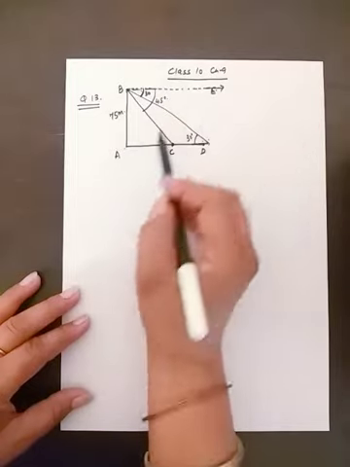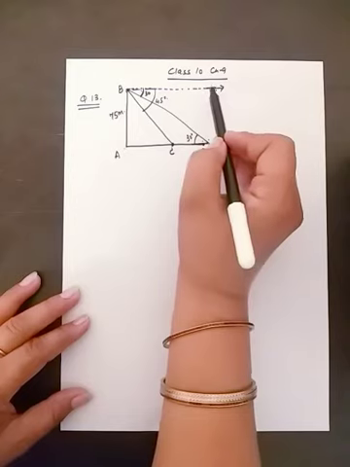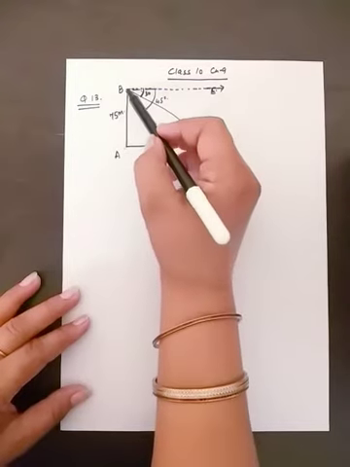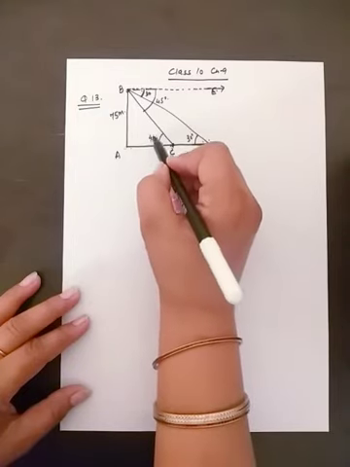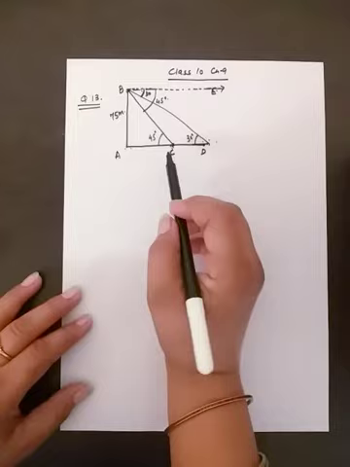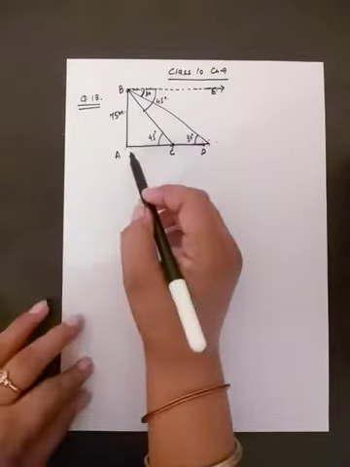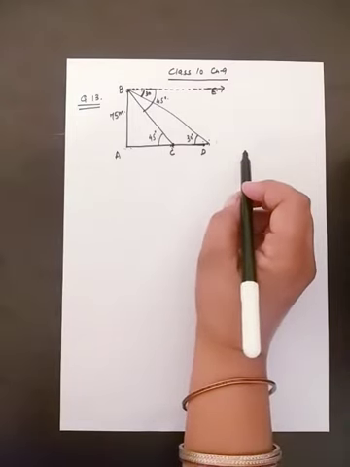Similarly, BE is parallel to AD and BC is transversal. So therefore angle EBC will be equal to angle BCA, as these are alternate interior angles. Now we are having the angles in base in triangle ABC and in triangle ABD. Now we can consider these triangles